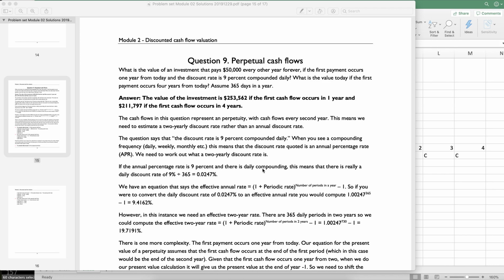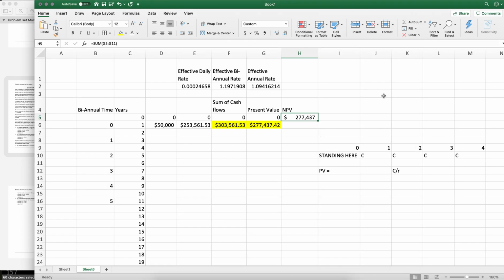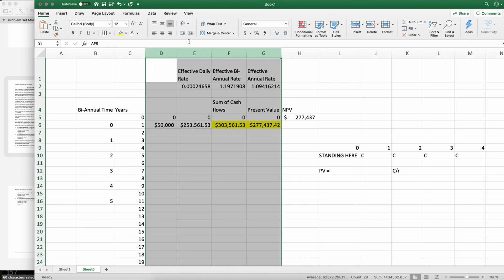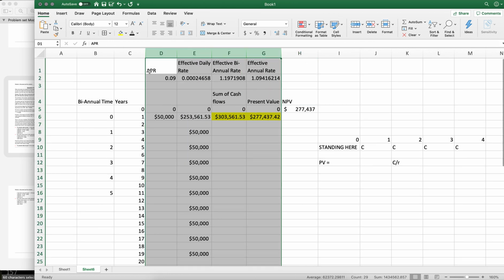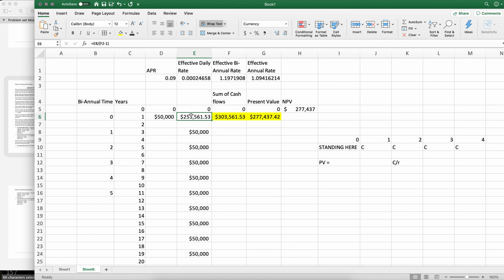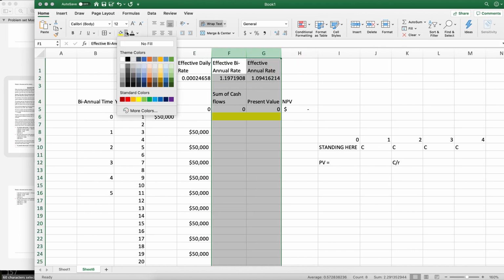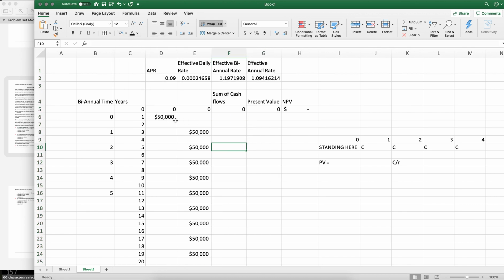Question 9, module 2, is what's the value today if the first payment occurs 4 years from today? All right, so we have this set up, and let me just make everything black again so I can see it. And let me unhighlight all of these things, no fill. Okay, so